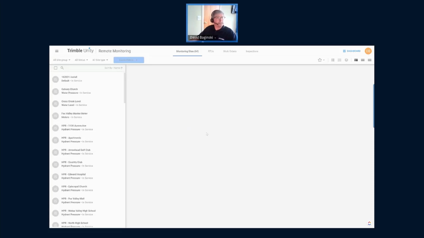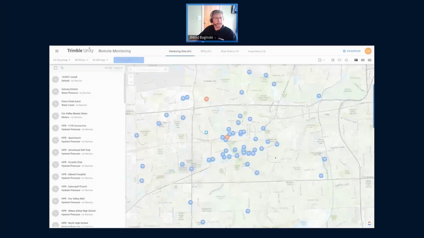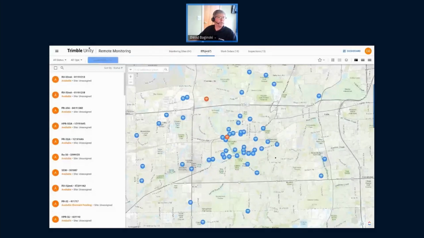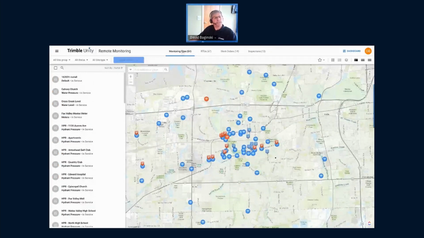Once you log in, you're presented with a screen of all your remote monitoring sites. They'll populate on the map. You'll see a complete list on the left-hand side. You also have access to your RTUs, Cityworks work orders, and inspections directly from the main screen. As you click each of these, you'll see the items change in the left-hand side. Going back to monitoring sites,